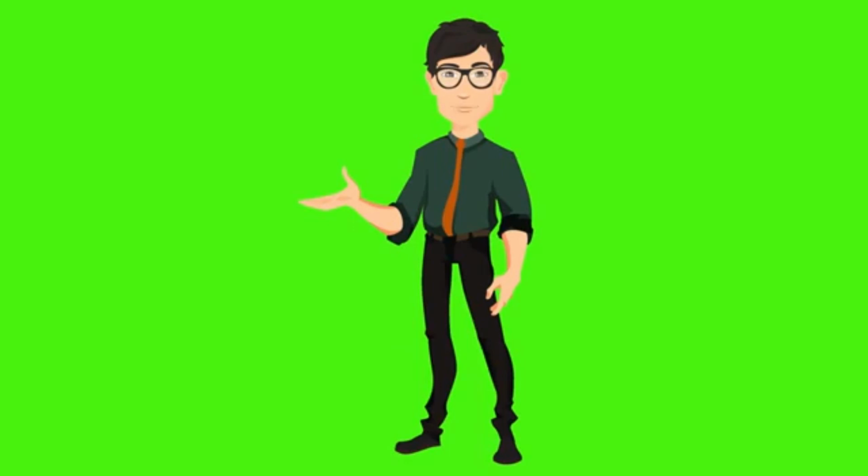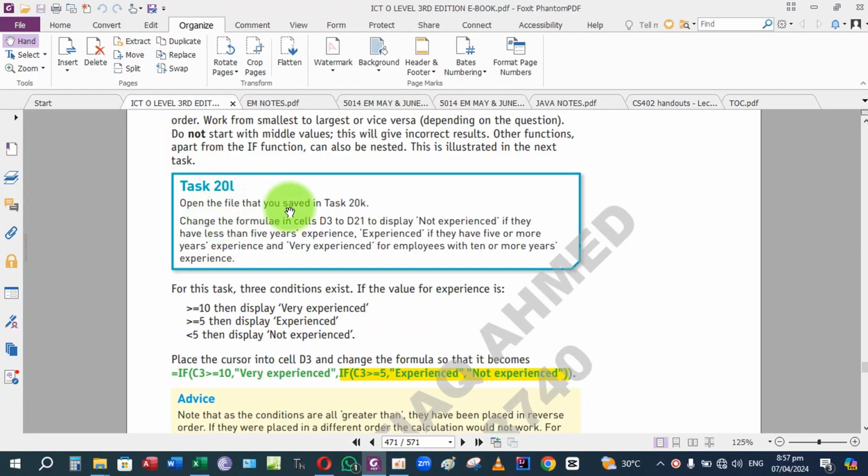My dear students, today we are here to discuss task 20L. In this task, the author is going to tell us that you can open your previous file, which we have saved with the name of task 20K. In that file, we are going to put only two formulas in the cells from D3 to D21,